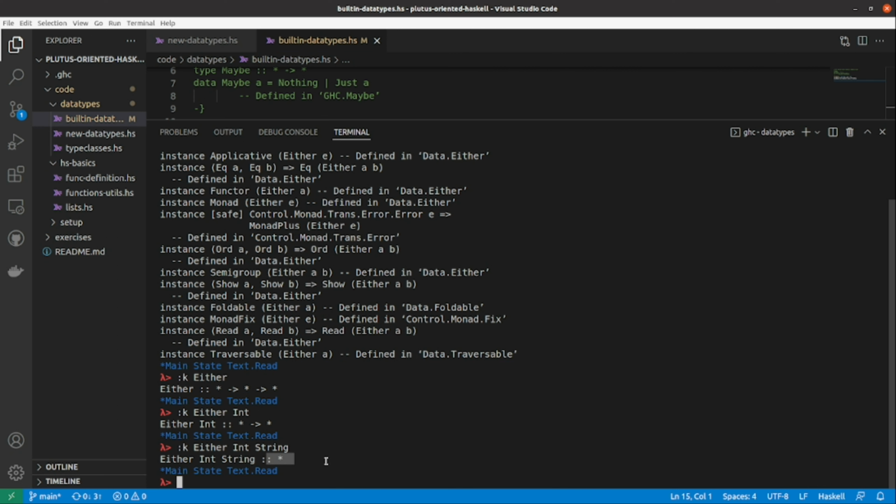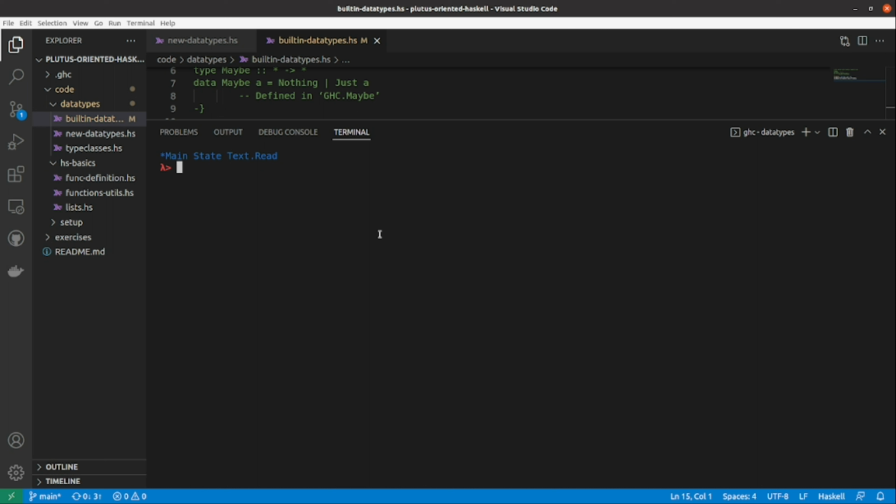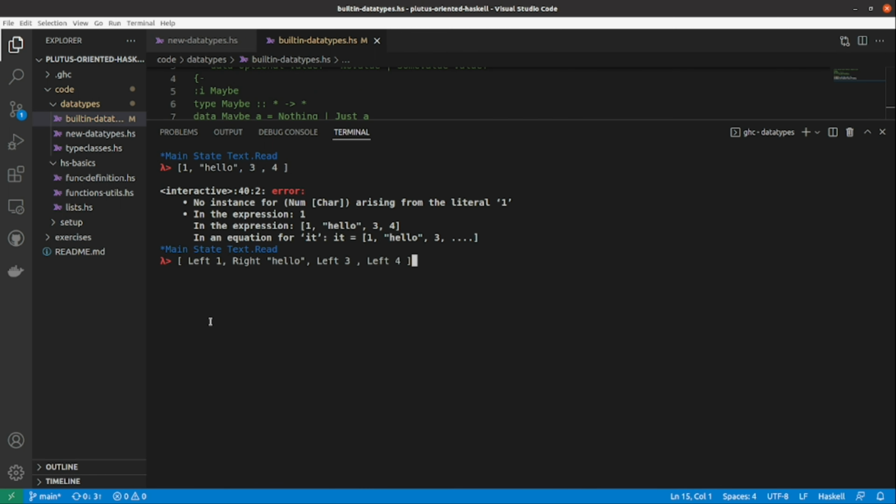And we see that we get back just the asterisk, so we know that either int or string is something that can have values. And one useful way to use this either int or string would be with lists. In fact, lists can only hold one type of values, and say we wanted to hold both strings and numbers inside our list, that would be possible in plain Haskell, and we would have to wrap those values inside the